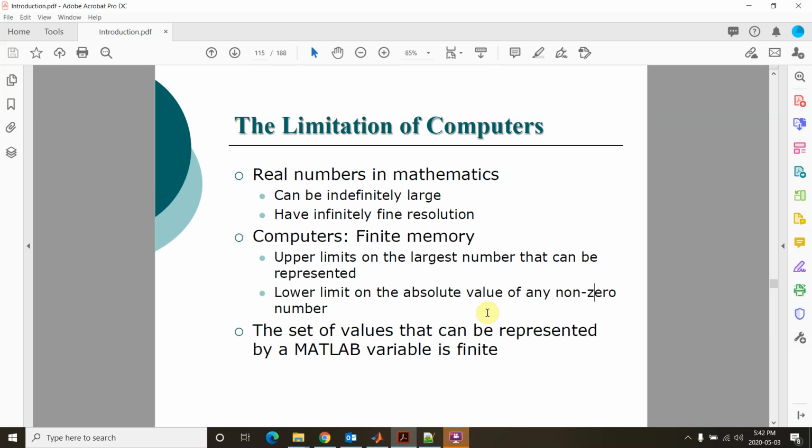So let's continue this topic, Introduction to MATLAB, and let's start focusing on data types in MATLAB. Before we get into that topic, I should mention that